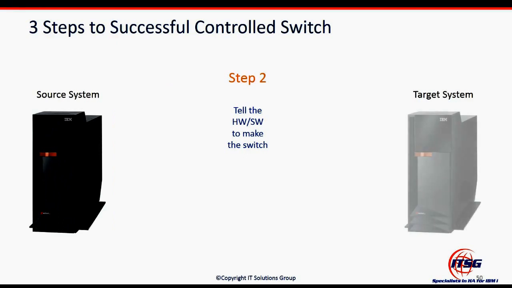And step 2 is where I actually just tell the product to go ahead and switch roles. And that will take the source machine and make it the target, and make the original target the source. So once I've executed that,